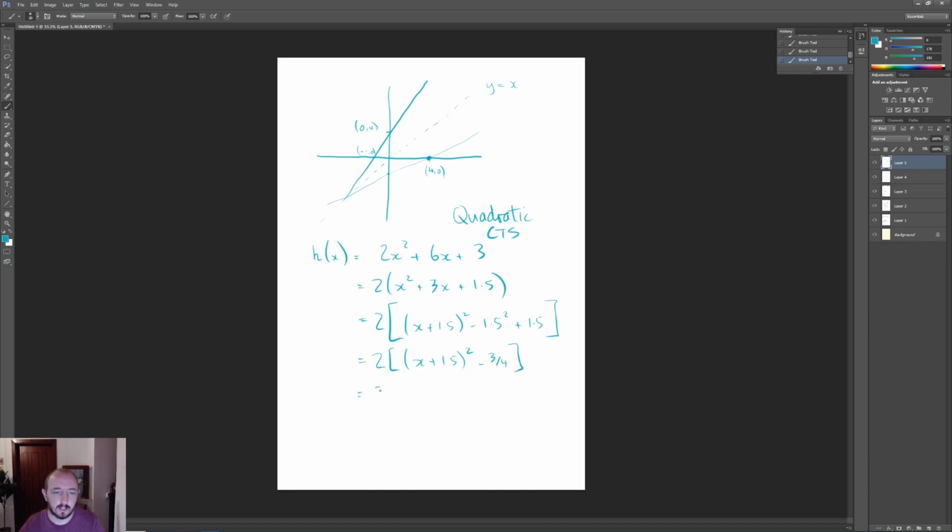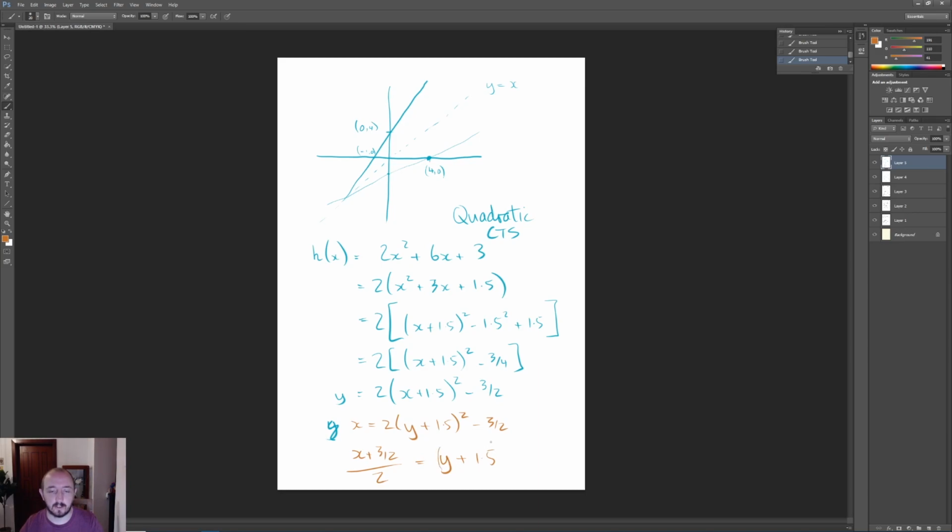So our final thing here is 2 brackets x plus 1.5 squared, and then minus 3/4 times 2 is minus 3/2. Okay, so now that we've completed the square on this, we can actually do the inverse. So we make y equals that, and then we switch the x's and the y's around from the completed square. So y plus 1.5 squared minus 3 over 2, add 3 over 2 to both sides, and then divide by 2. That gives me y